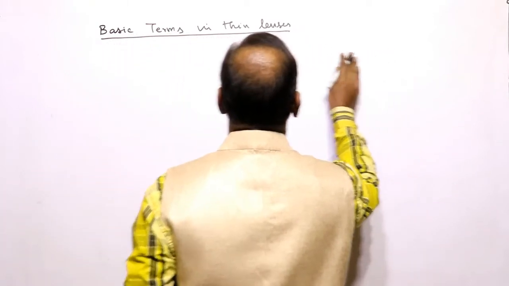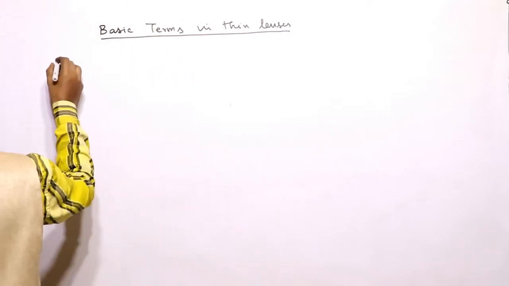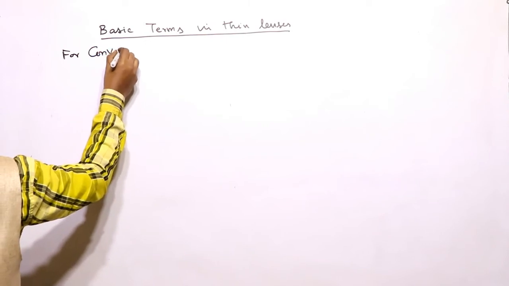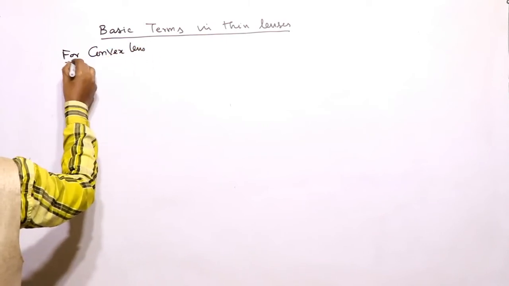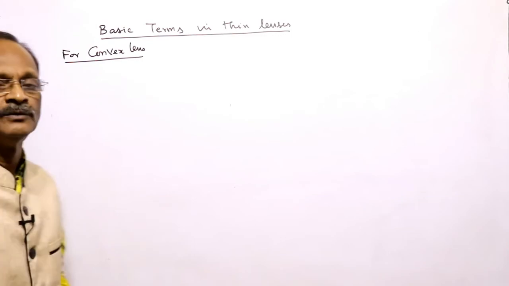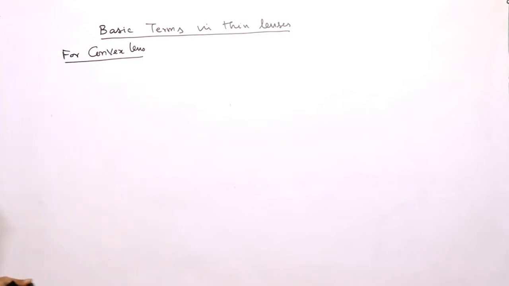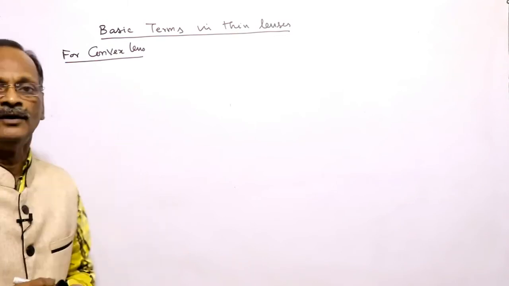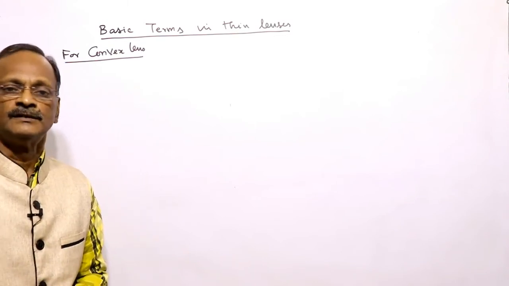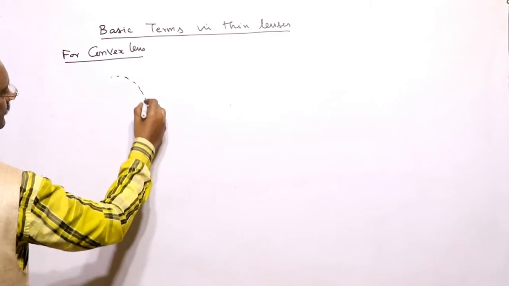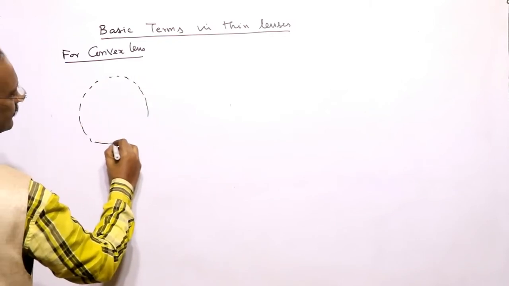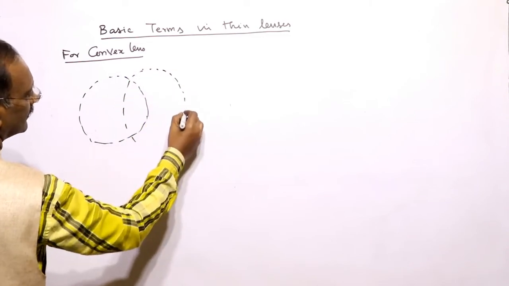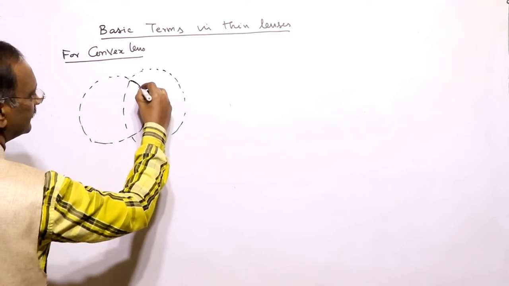First one we will see is center of curvature for a convex lens. Whatever lens we are taking, we are talking only about the thin lens here. So this is a convex lens. Suppose a convex lens is made up of the intersection of two spheres. See, this is one sphere, and this is another sphere. So this intersection surface is taken as